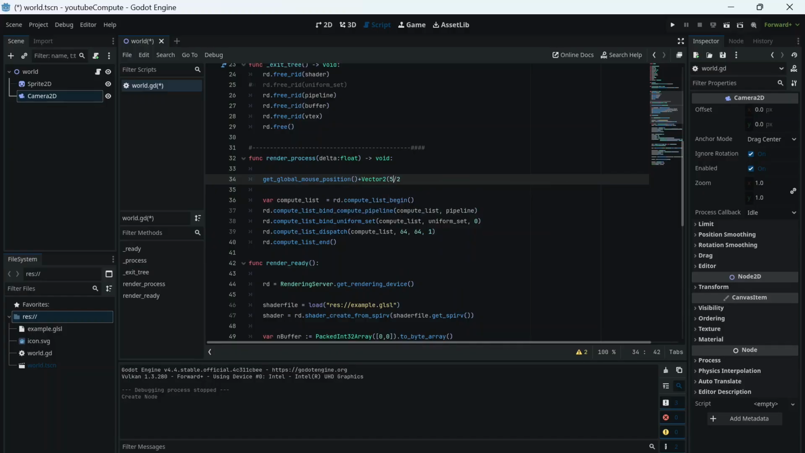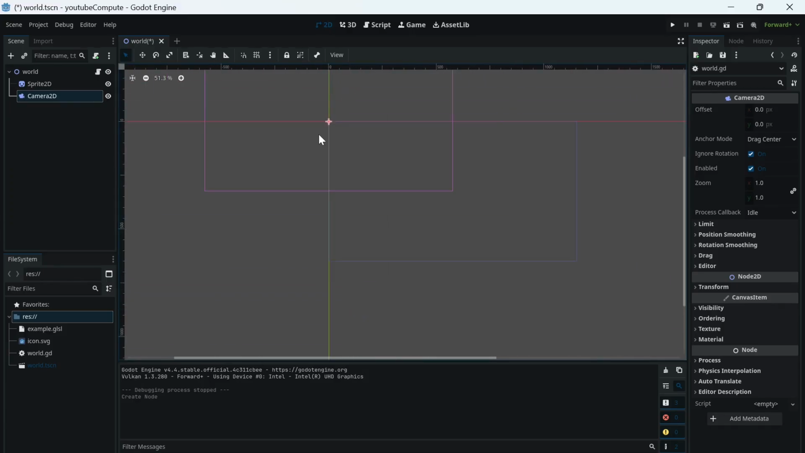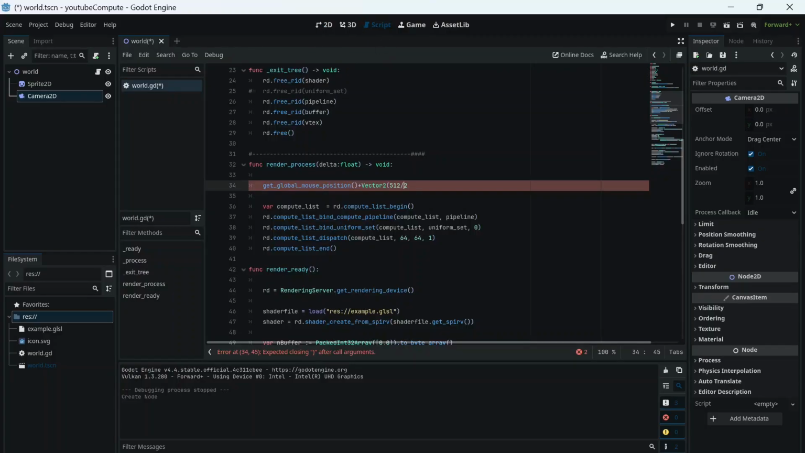Okay, so why does this work? Well, because the mouse position is already in pixels. So if I am on like minus 256, this would be 0, 0 for our compute shader. If I am on 256, it would be 512 on our compute shader. So by just 256, 256,